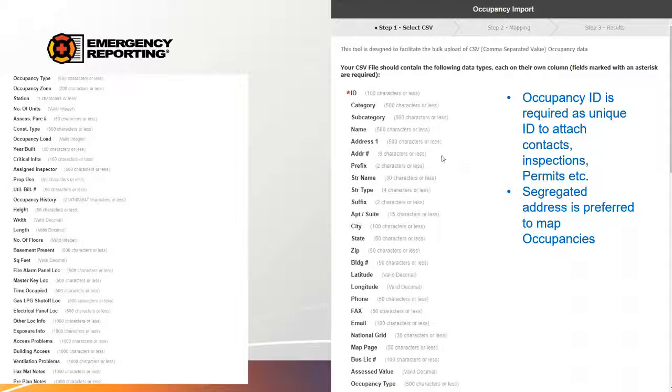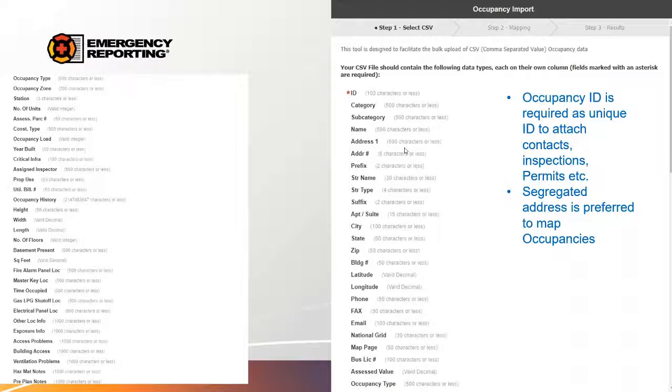And then I just wanted to point out too, we do have two separate sections for address information. We have an address one field, which is basically a consolidated address. So it just has the full street address in one field, which I see come across quite a bit with data coming from another software where it'll be all in one field.